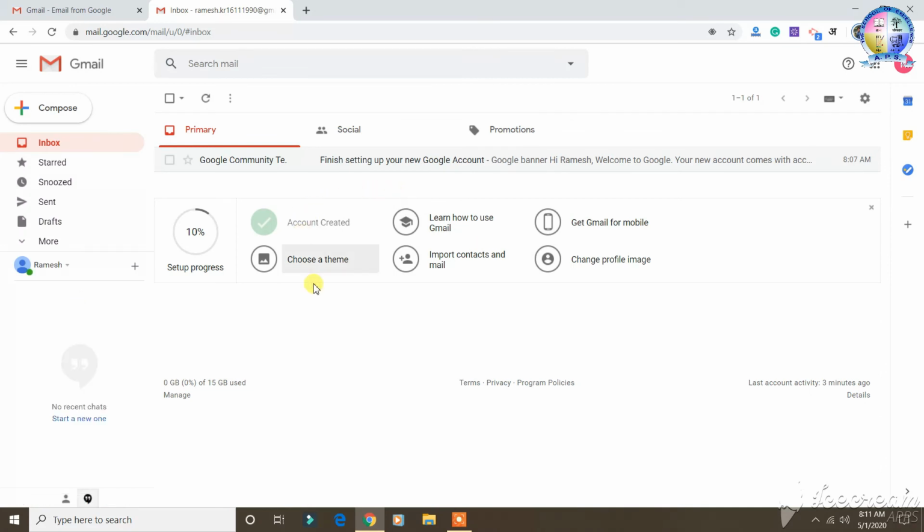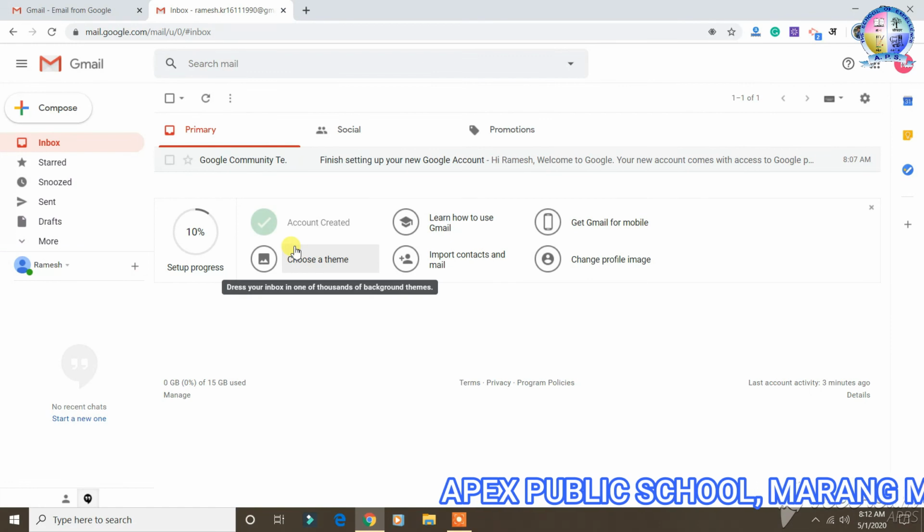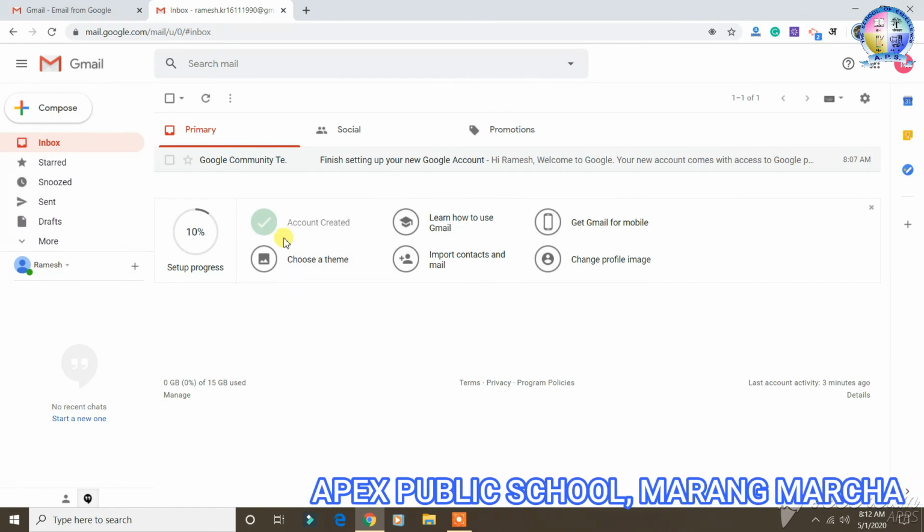This is the way through which you can sign in or log into your Gmail account. You can see there are different options. You can also go through all these steps on your own and get to know the different functionalities.